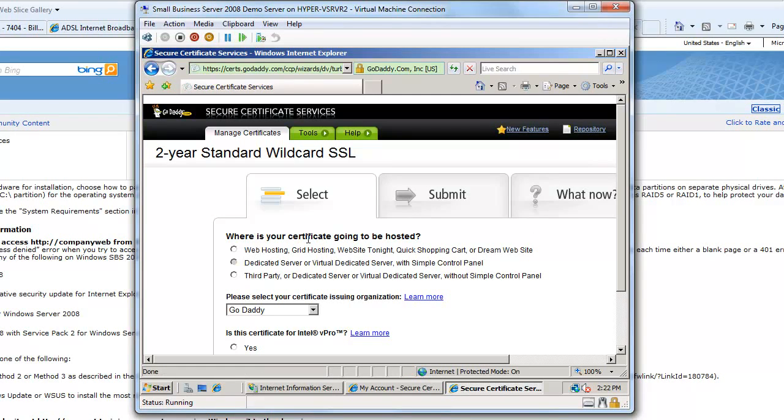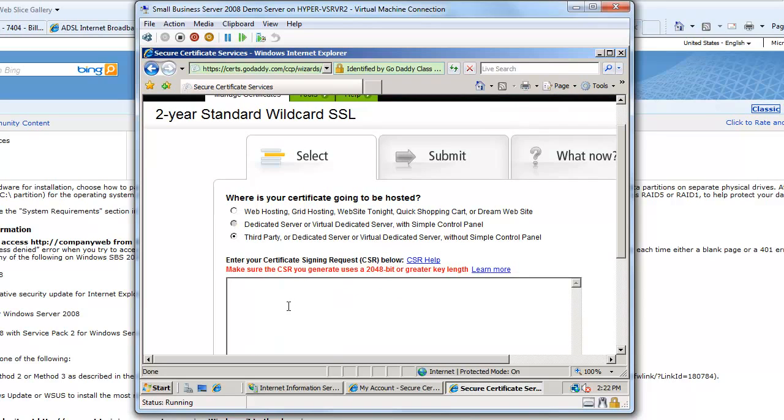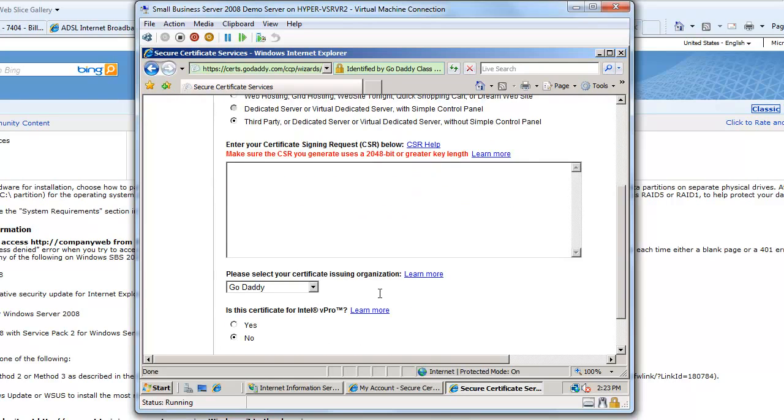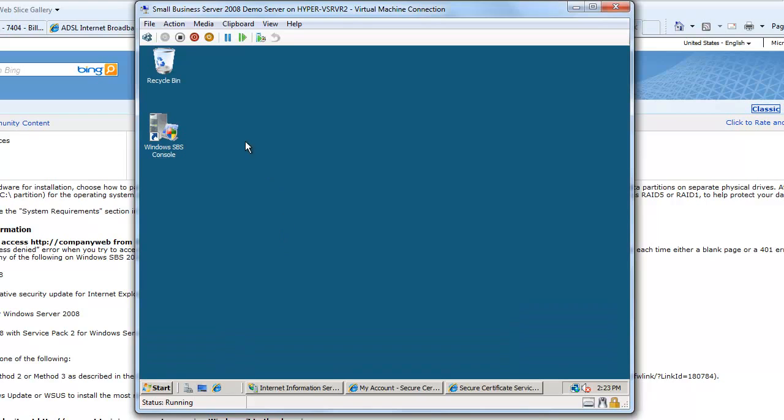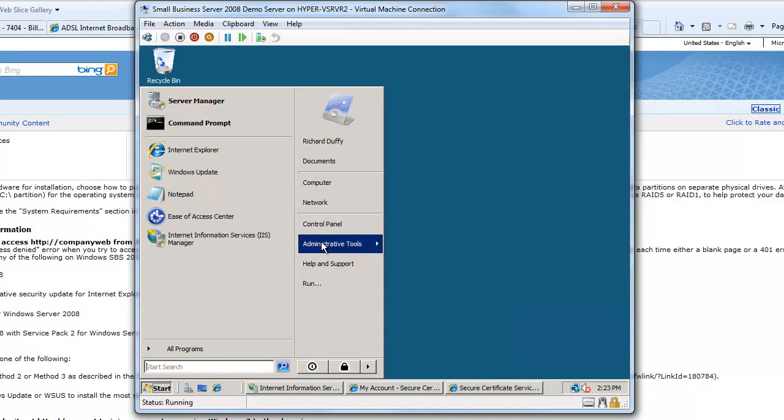Now it's asking me where my certificate is going to be hosted, and it's on a third party or dedicated server. Then it's going to ask me to paste in my certificate signing request. So where is that? Well, I'll go back here, and if I look in my C drive,